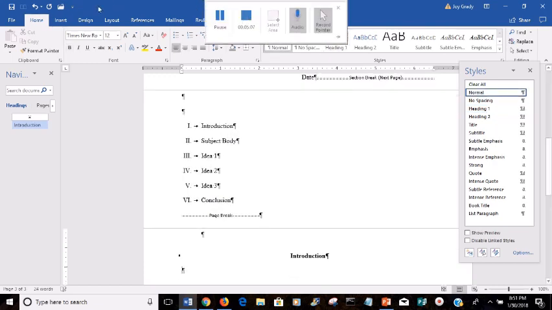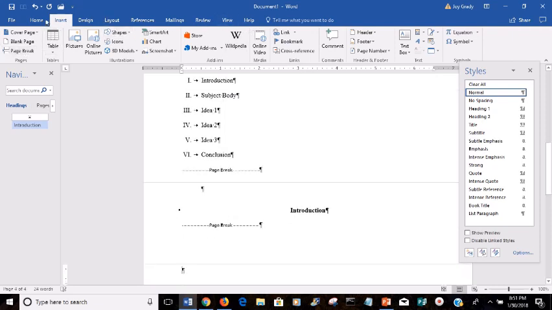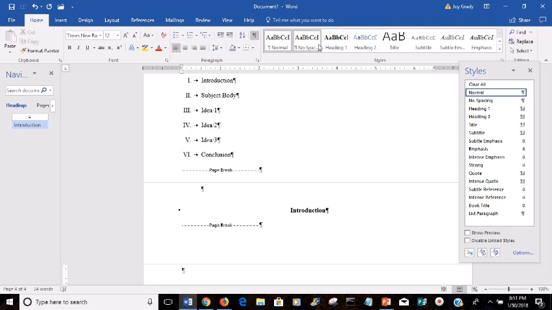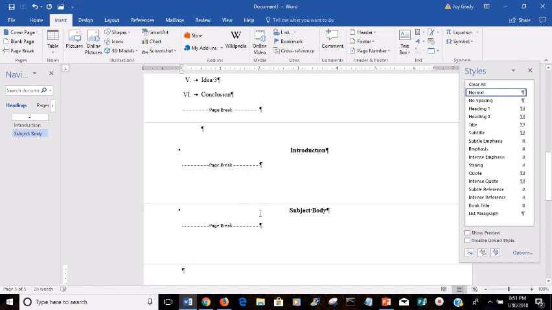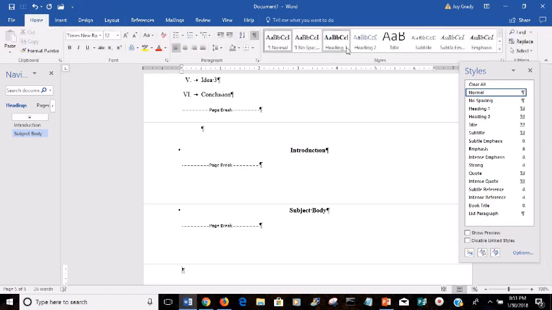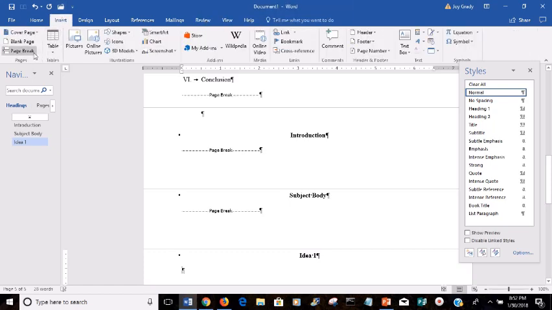Click return, and we'll do an insert, page break, go back home, click on heading 1, and now we'll do the subject body, return, and then insert, page break, and then we have home, heading 1, idea 1, return, insert, page break,